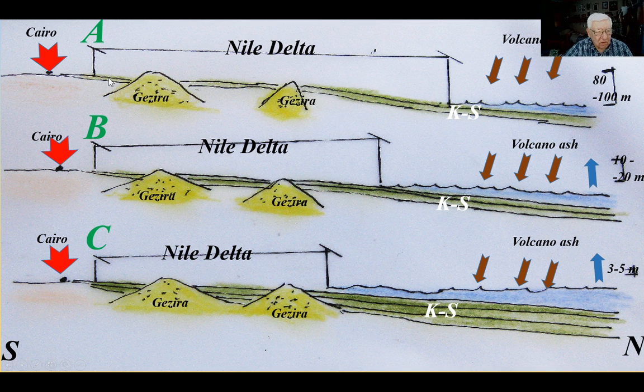The elevation of land of North Africa in comparison with Mediterranean Sea was lower, about 80 or even 100 meters. So the Nile water between Cairo and Mediterranean Sea was transported very fast, because this is the same difference of elevation like between Cairo and Upper Egypt, about 100 meters. So the distance is much smaller, and the Nile flows there very fast between Cairo and Mediterranean Sea at, let's say,